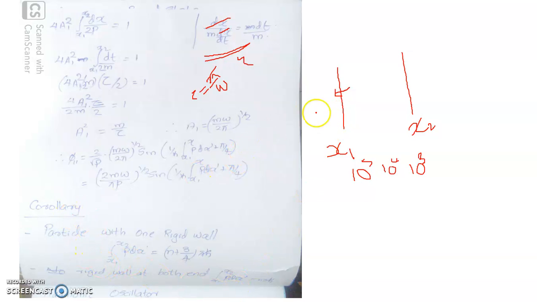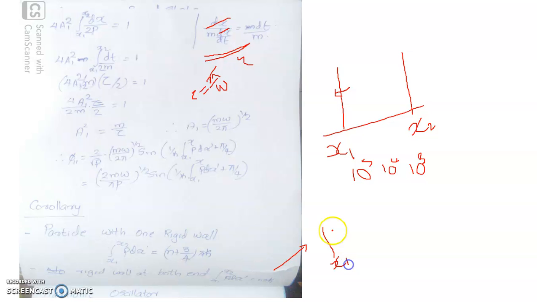Suppose the boundaries are not translucent, these are rigid. Both these boundaries are rigid, as in the case of, say, the classical problem that we have studied, that is the case of a particle in a box problem. The Bohr-Sommerfeld quantization rule is a little different. If both the boundaries are rigid, then the equation that will help you to evaluate the energy is given by